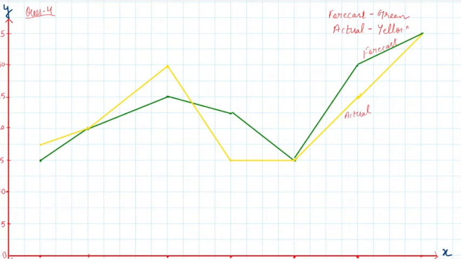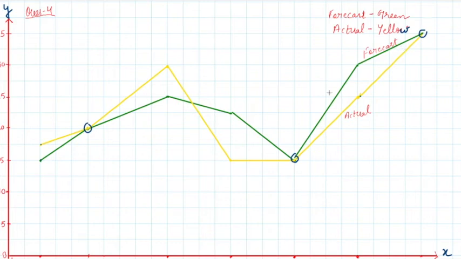The first question, on which days was the forecast temperature the same as actual temperature? I have taken actual temperature with yellow color here and forecast temperature with green. So we have to see the days where the graphs are coinciding with each other. That means the temperature on those days was the same. If I see Monday, these graphs are not coinciding, but Tuesday, they are on the same point. It means the temperature was the same on Tuesday. Wednesday again it is not the same. Then Thursday again there is a gap. But Friday again they are coinciding. Then Saturday again there is a gap, and Sunday again they are coinciding.